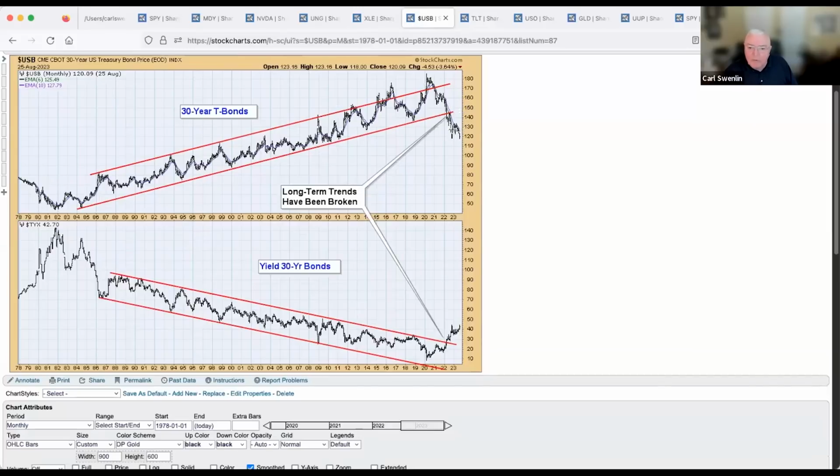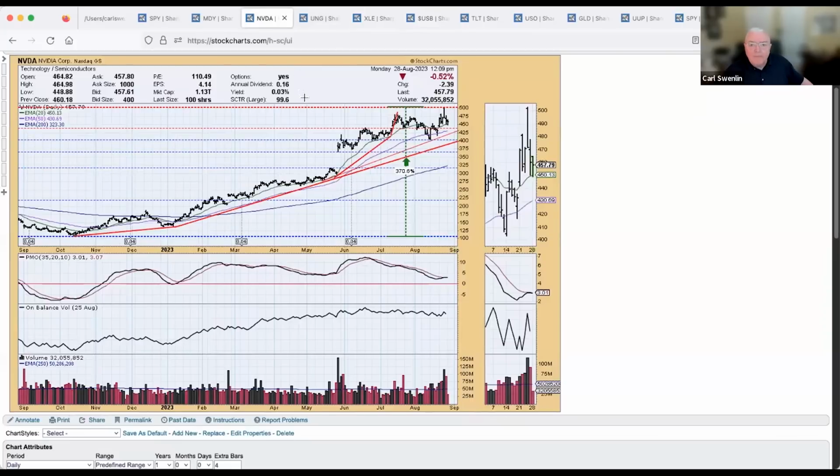Now, just like this, we had up legs and we had some down legs, but the overall trend was up. I think right now the long-term trend is going to be down. We'll get bounces along the way, but it's going to be completely different from what everybody has learned over the last 40 years. NVIDIA. We did have a question on NVIDIA since you have it here.